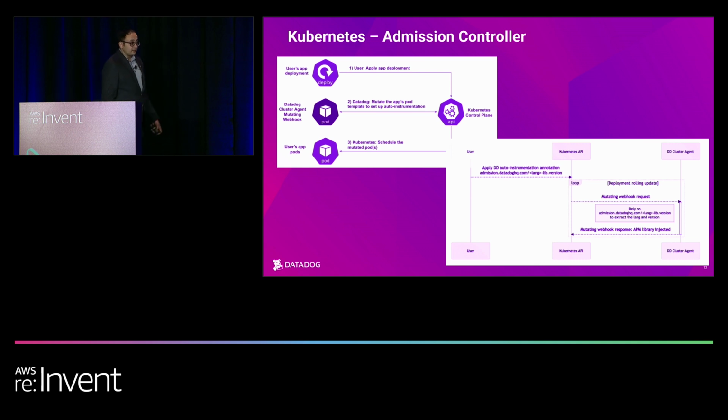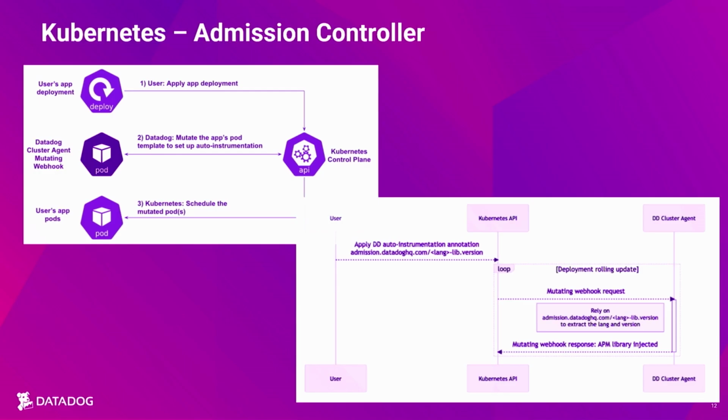Admission controller. I'm sure many of you are aware of Kubernetes. It's one of the most popular control planes today, running on AWS. Kubernetes admission controllers are plugins that govern and enforce how the cluster is used. They can intercept API requests and make modifications to how your request object works, right? So in this case, we are intercepting a call to start a container, and then we are injecting APM libraries before the container is instantiated. So you're basically adding instrumentation and runtime